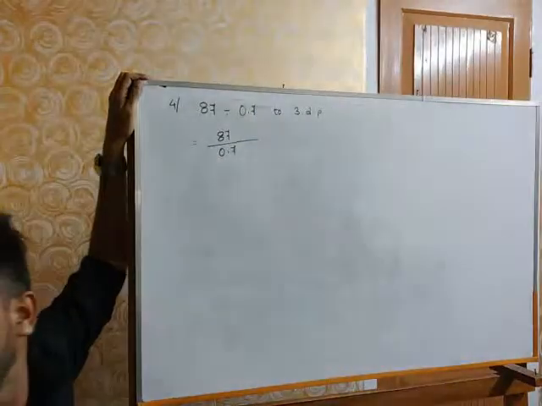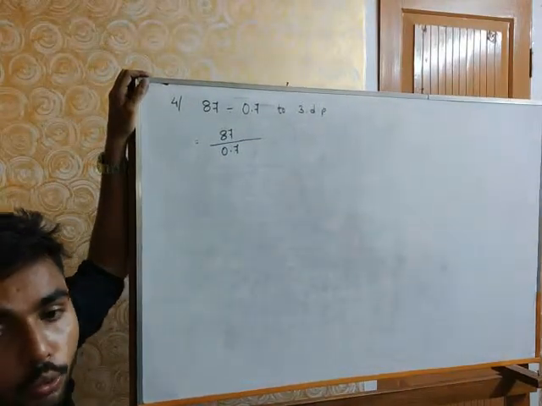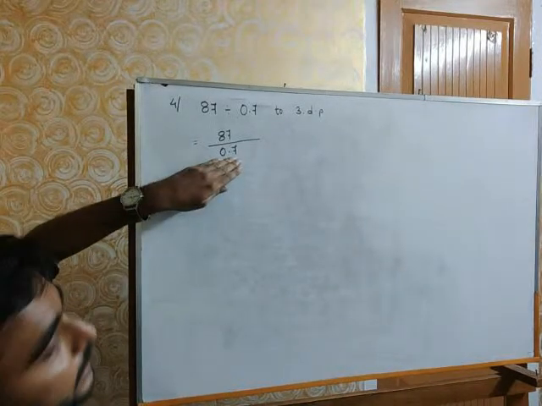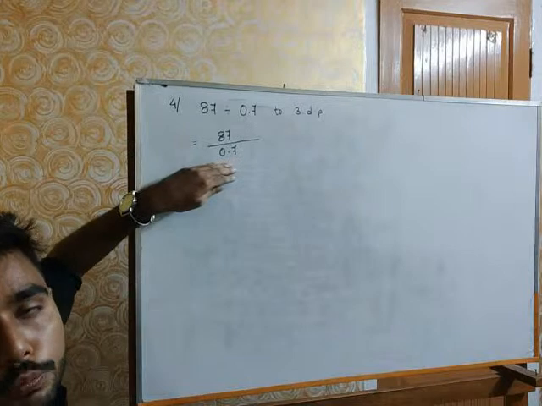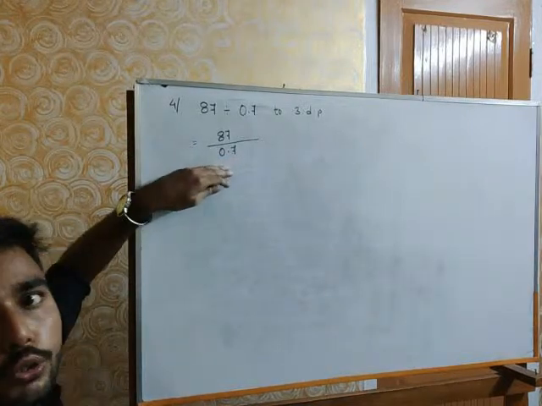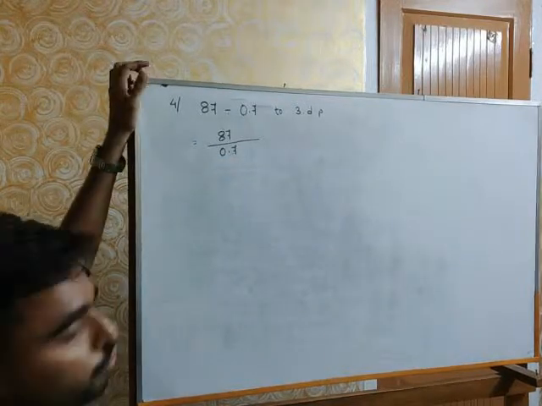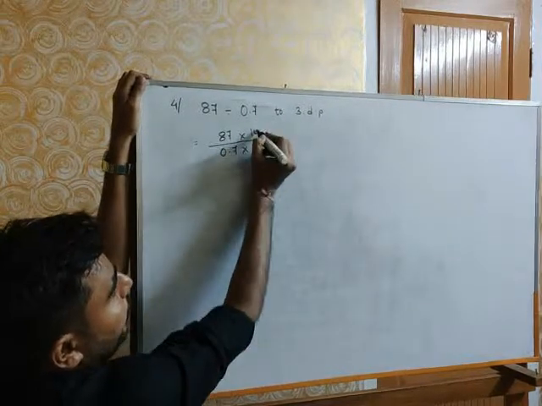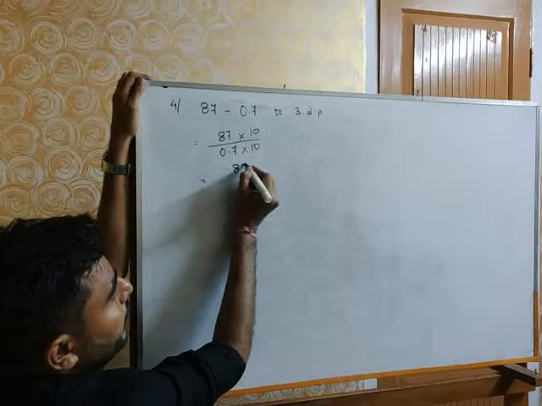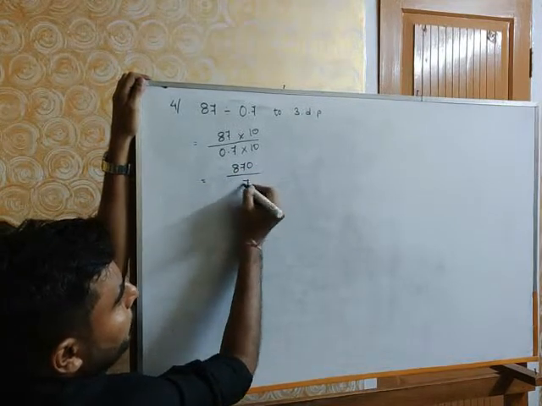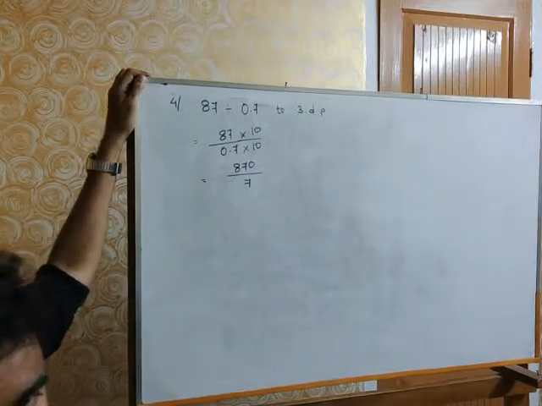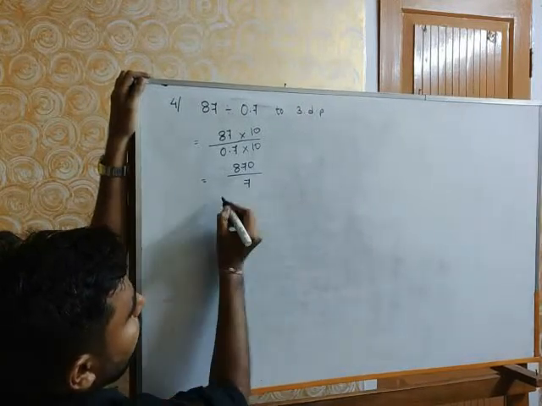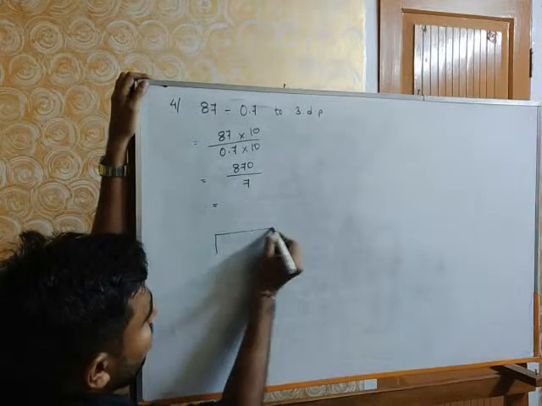Now the number that we divide by, we have to make it a whole number from the decimal number. The number that is dividing, that is 0.7, should be changed from a decimal number to a whole number. So what we need to do, one digit after the decimal, so multiply by 10 and by 10. Okay. So it will be 870 divided by 7. Any doubt anyone? The point and 0 got adjusted. So now 7 will divide